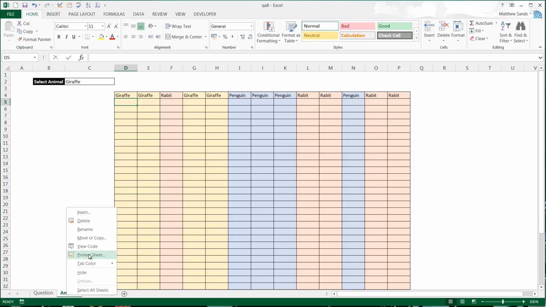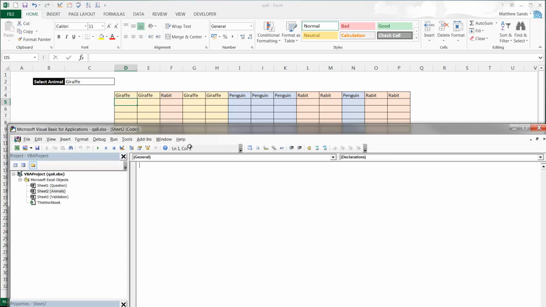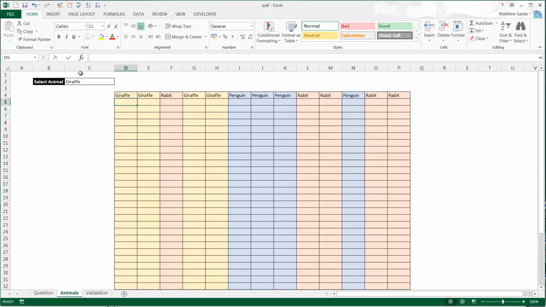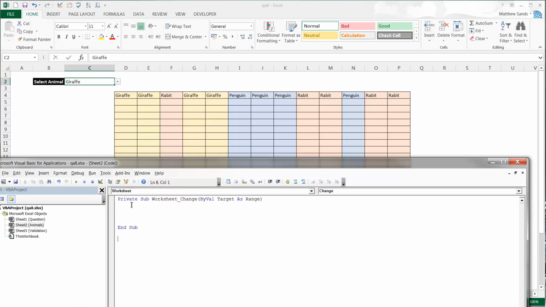So let's drop into our code. We want to run our code whenever someone selects a new animal up here. So we're going to go into worksheet, and we don't want selection change. We want to go into our change event, and this will just mean that whenever we change anything in the spreadsheet, it's going to run this code. So when we select a new drop down, it's going to run this code. So let's specify it, because we only want it to run when it actually does this drop down. So if target dot